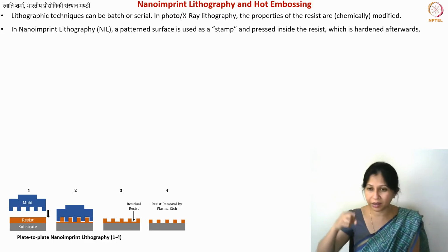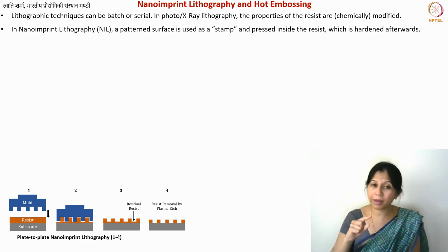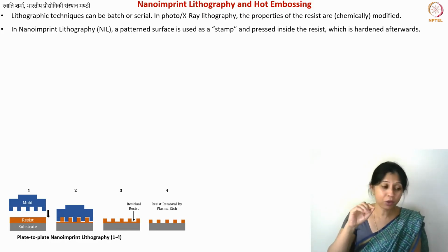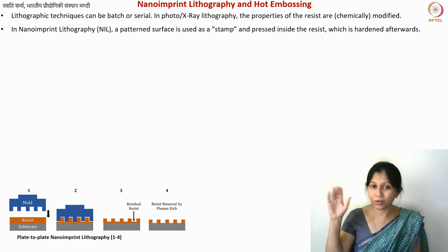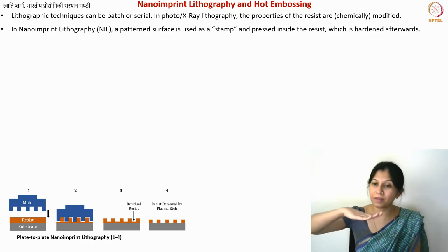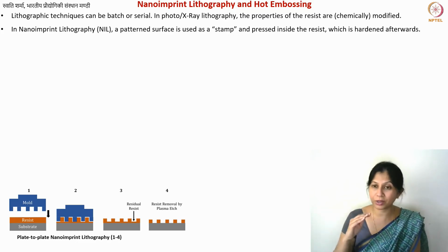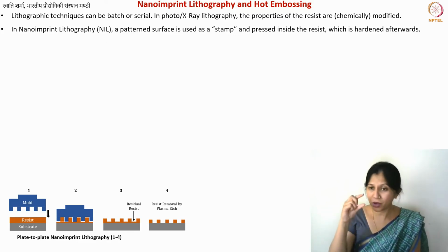Etching is like eating up your material. So if you have this high energy plasma, that will remove that very thin layer of the resist. Remember that that thin layer will be uniformly removed from everywhere. Like here we are making pillars, let's say. So from the top of the pillar you will also lose some material, the same thickness that you lose from the bottom, and that is why in the initial geometry you need to factor that in. You need to have your structure slightly higher than what you want to make, so that when you etch away the material, you still get the desired height of your structure.